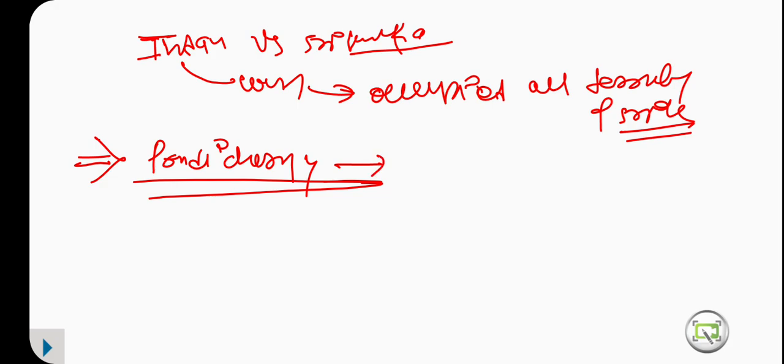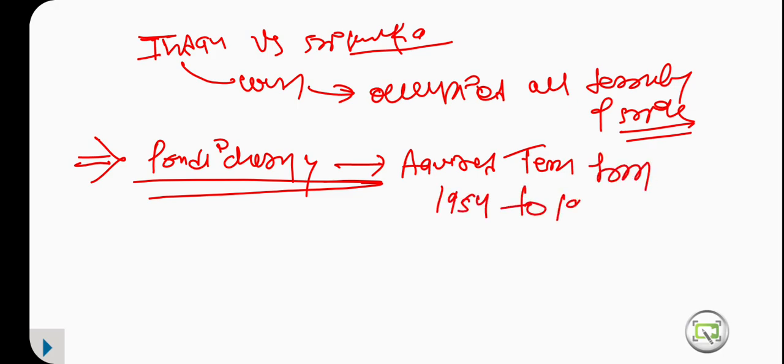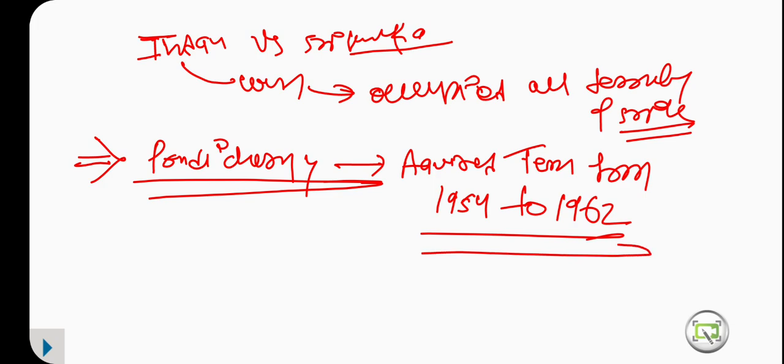So there is the best example of the acquired territory in India. For example, when our country became independent, Pondicherry was not part of India. When our country became independent, then Pondicherry was not part of India, but it was